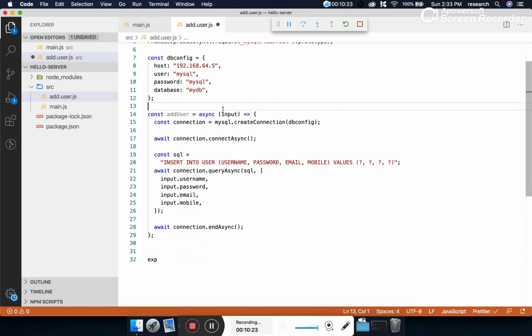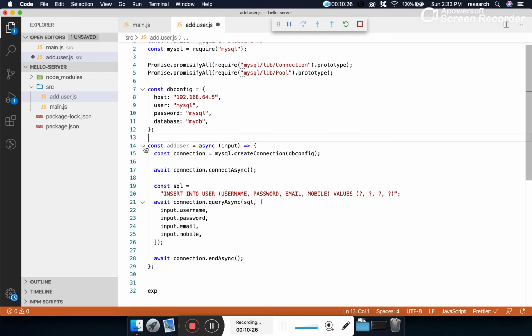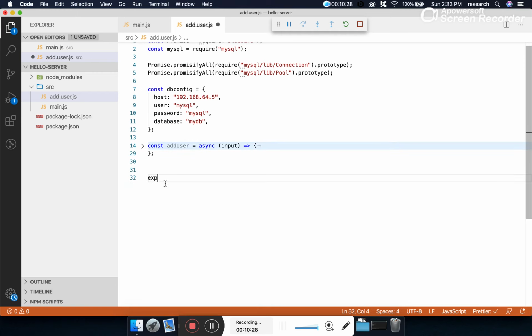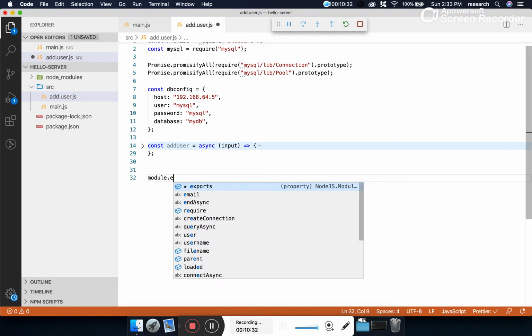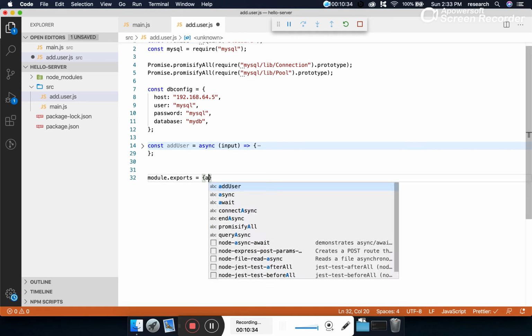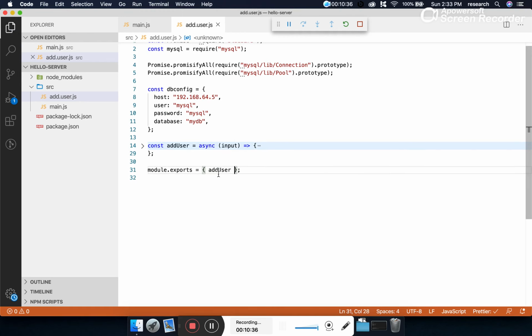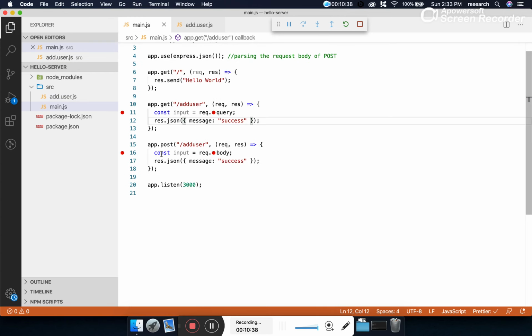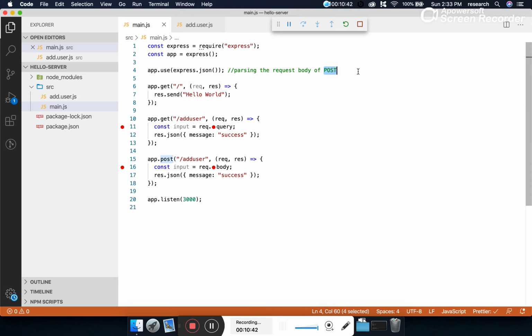If we want to use this method in our main.js, we have to export this method with module.exports. So we are exporting addUser. Now we are good to use this method in Express.js.